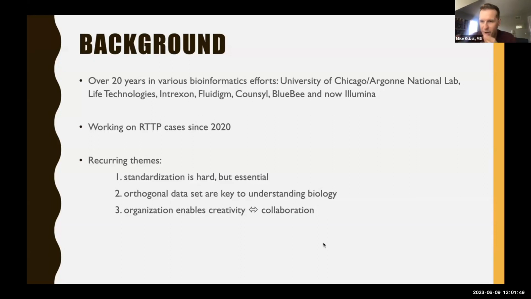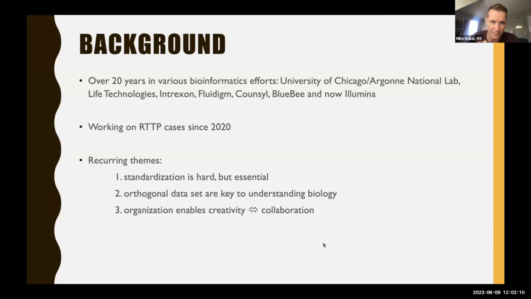it's really what enables us to come up with the creative solutions and be collaborative. When you've got all this data, this wealth of data, you have to be able to organize it and understand it and have good data provenance, know where that data came from, and have all that metadata as to where